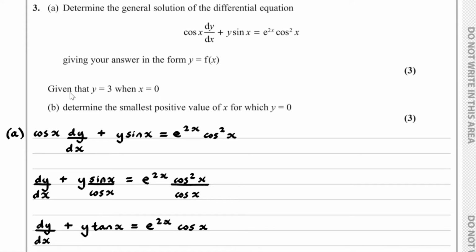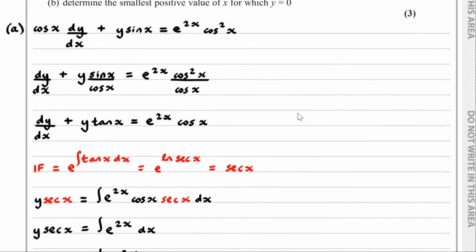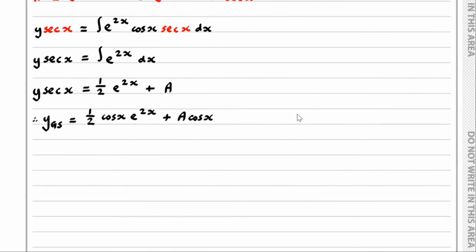Then, for part b, given that y equals 3 when x is equal to 0, we have to determine the smallest positive value of x for which y is equal to 0. Well, first of all, we need to find the particular solution to this differential equation. And so, we know that when x is 0, y is equal to 3. So we have 3 equals